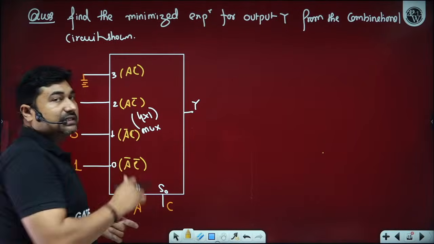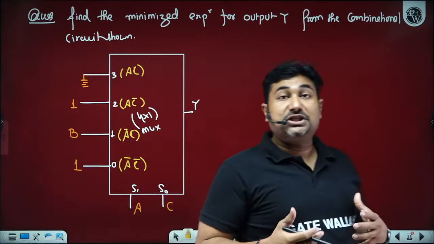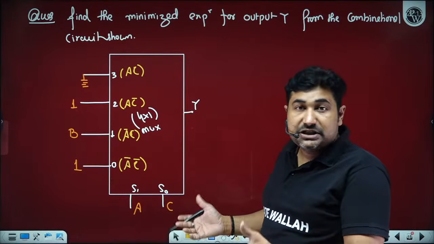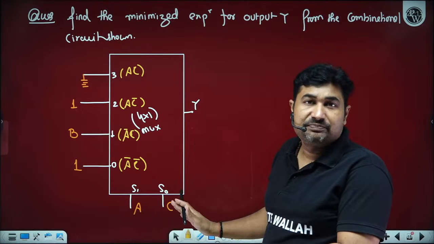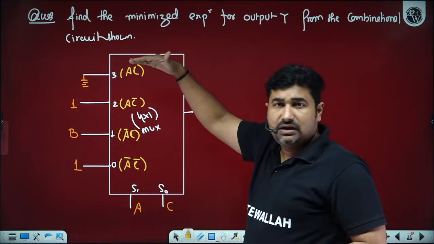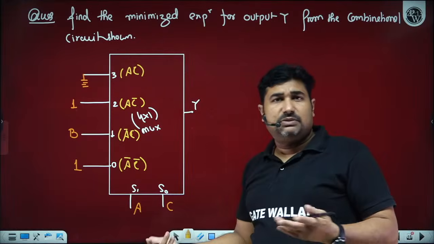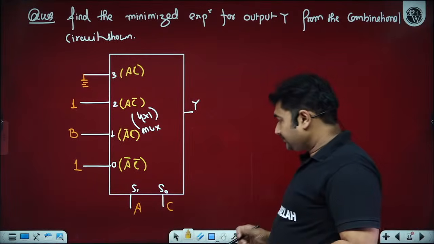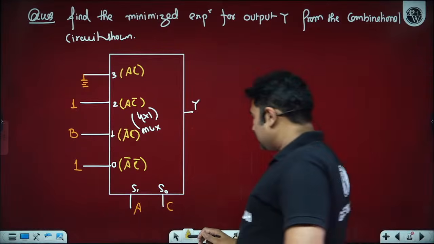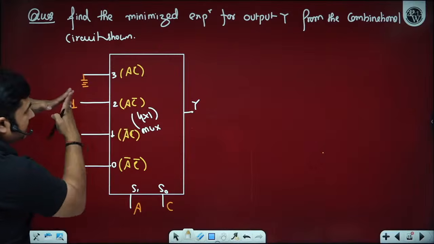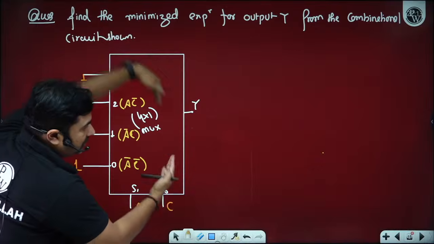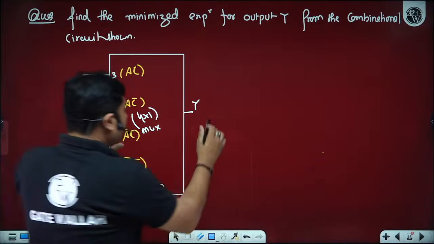This is because of the select line. The given representation is not a standard representation. In case the given representation is not the standard representation, always follow the given representation. If the representation is not given or is a standard one, then it is very easy, because top to bottom is LSB to MSB. Is it okay? Yes, sir. Now please observe, I need your response. This is going to be multiplied with this, this with this, this with this, and the entire thing is going to be passed through the OR gate. So what will we get?